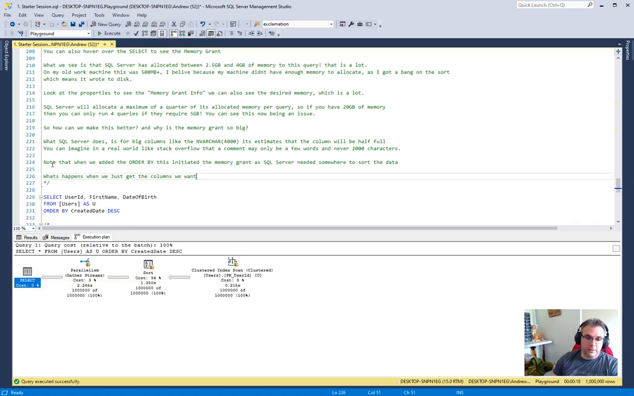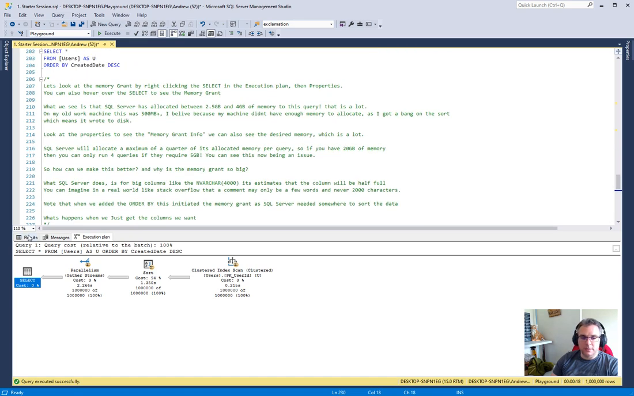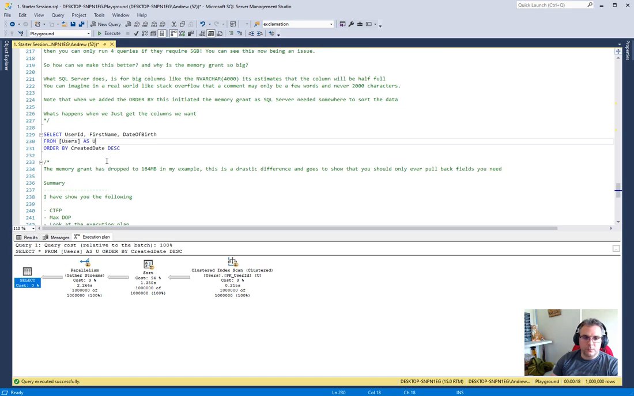I'll read this again: when we add the order by, this initiated the memory grant. SQL Server needed somewhere to sort the data. It's because we're sorting by this. So what happens when we just get the columns we want? The previous query we said select star, didn't we? So let's do, I want the user ID, the first name, and the date of birth. So if we run that,